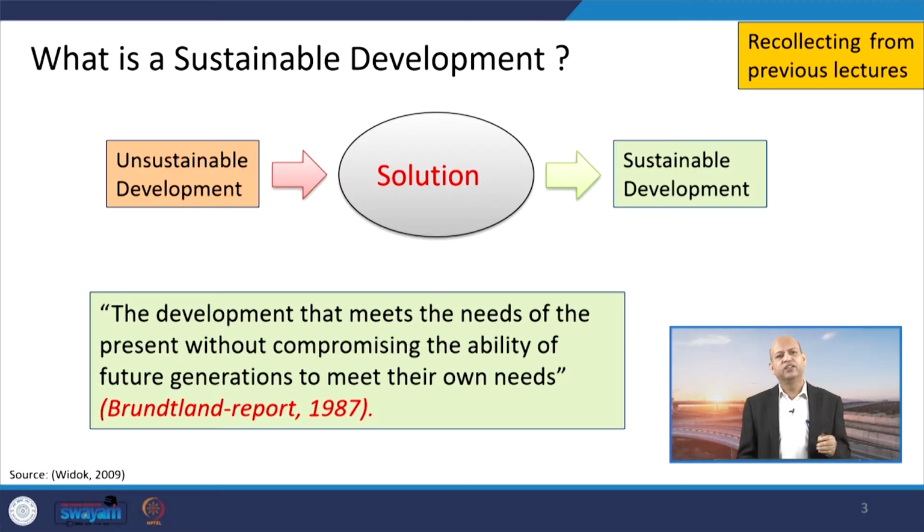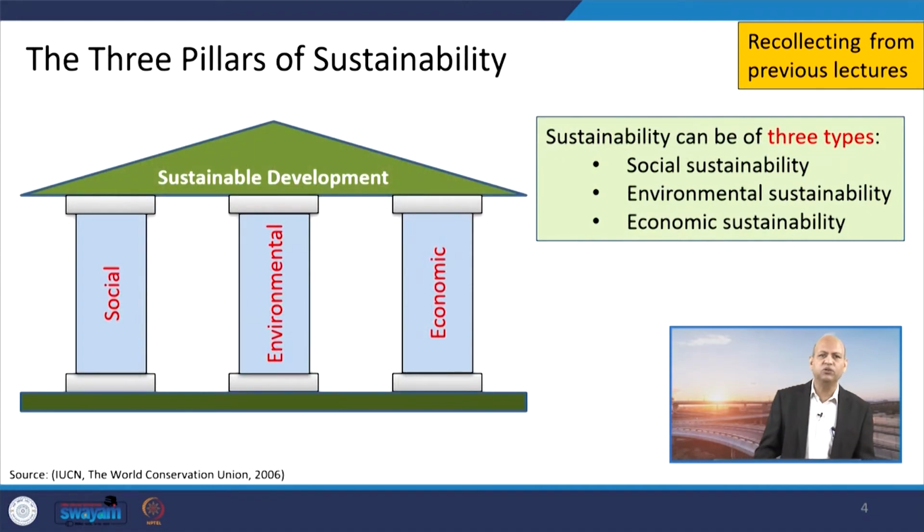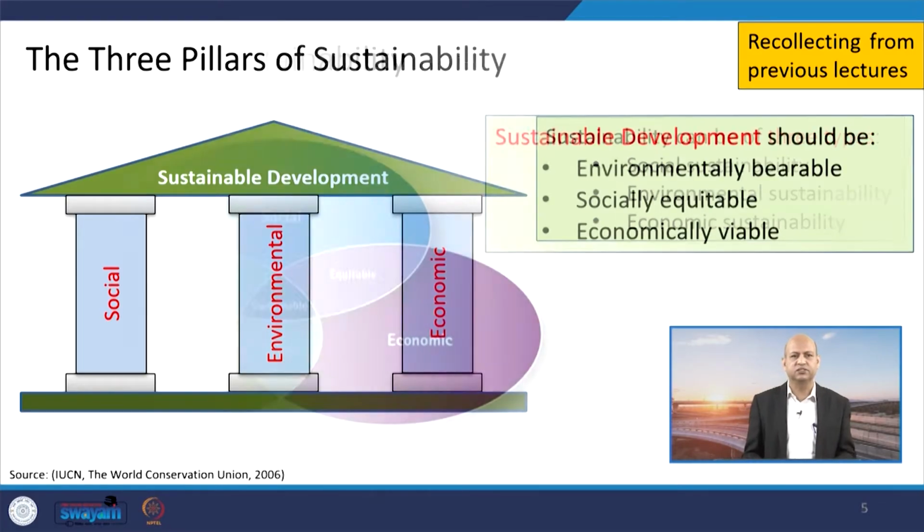As I said earlier, there are new definitions, but basically whatever sustainable development we want to achieve, we have to solve those problems which are making it unsustainable. Then we talk about the basis on which we go towards sustainable development. We talk about these three pillars of sustainability: social, environmental and economic. We have to see the integration of these three pillars, otherwise in one way it can be sustainable, but in another way it may be unsustainable. So, that is not sustainable in total, right.